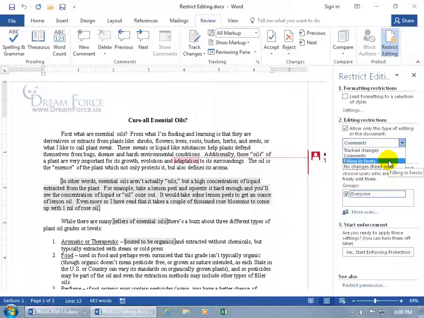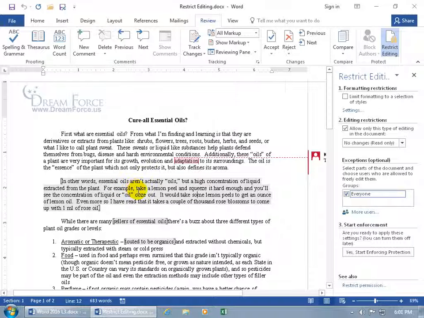So they can't change the form, like the text where it says first name, last name, where they want to change it so it says first for first name and last for last name, things like that. And then no changes, read only. Let's select that. So they can go ahead and read only these parts of the documents except for the exception